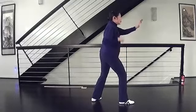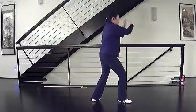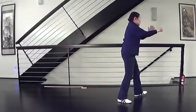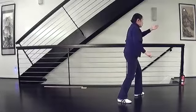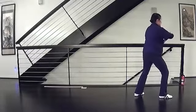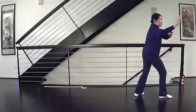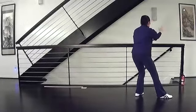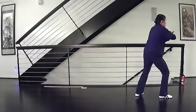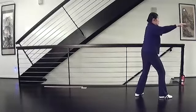Carry, block, and punch. Circle your hands to the center. Swing, step, parry, block, punch. Chengfu and right ward off. Pull, ward off, close and step, right ward off. Roll back, turn to the right, and then shift weight and turn to the left. Press, pull in the right, attach the left, press forward, push, flatten your hands, square up your shoulders, come over